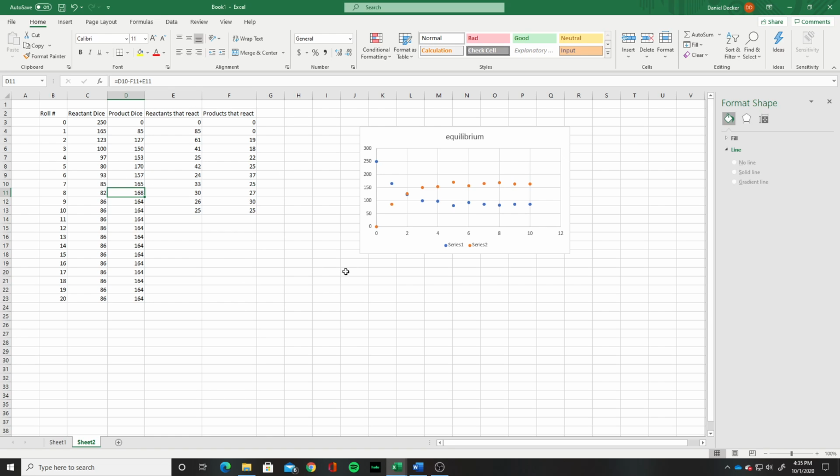So this is just a very quick example of how to set up the Excel sheets and make the graphs and analyze those graphs. So just real quickly here again, this is what the equilibrium should look like. You're going to be doing products over reactants to find your equilibrium value. And so that would be literally just taking the average of a few of these data points for the products and the average of a few of the data points for the reactants. Products divided by reactants, that'll give you your